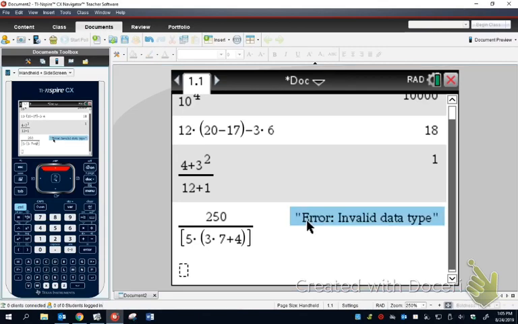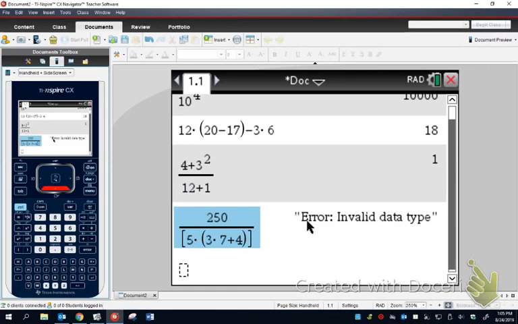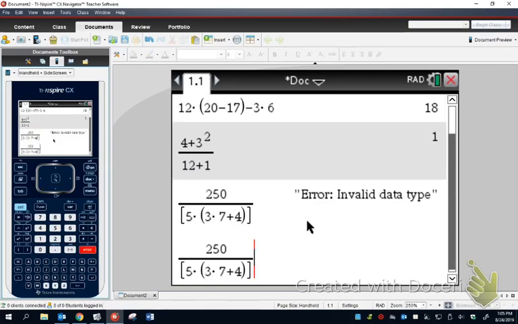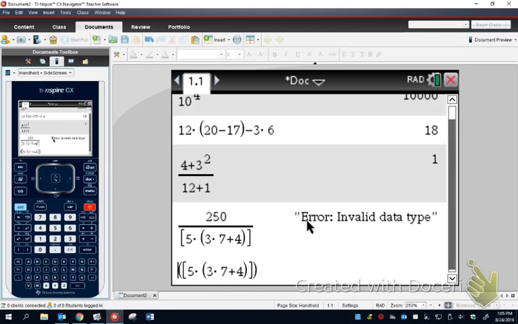So if you up arrow, oops, it went up too far. Okay, I'm going to go onto the problem and hit enter. That brings the problem back. Now what we're going to do is we're going to delete this 250, and we're also going to delete that division sign. So